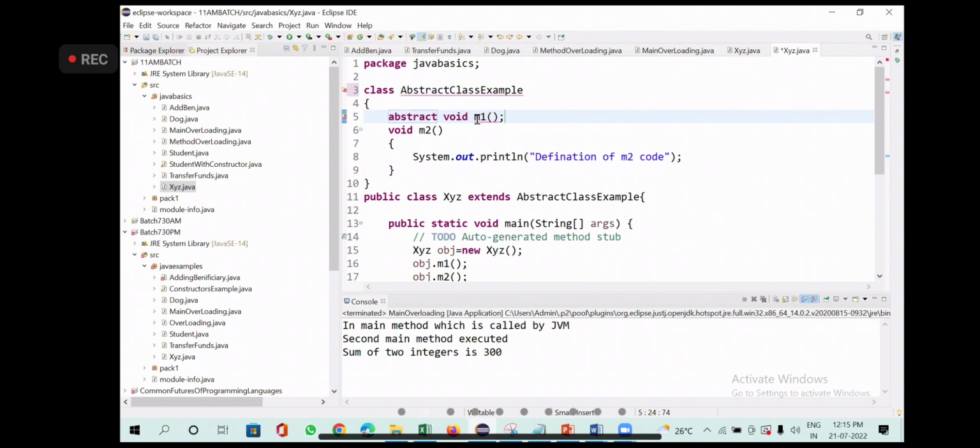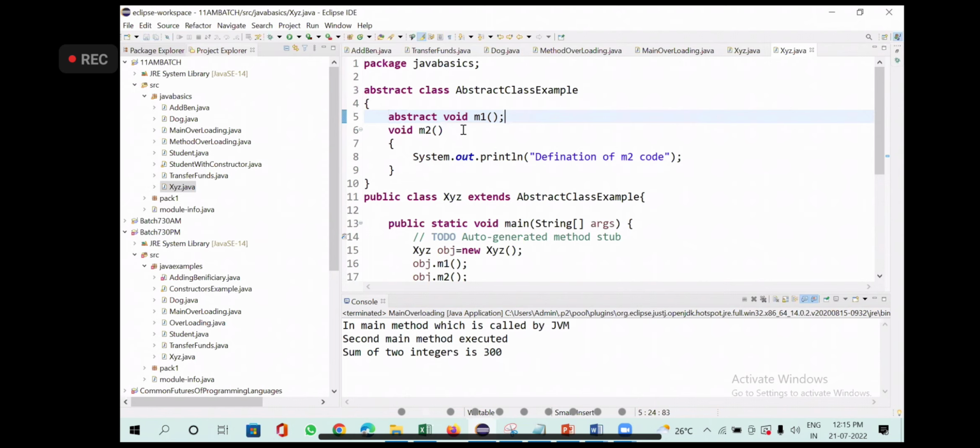This method 1 is called an abstract method because there is no definition, so you should add the keyword abstract. If a class contains one abstract method, that class will become an abstract class, so you have to add the abstract keyword to the class. Is it clear now? Okay.